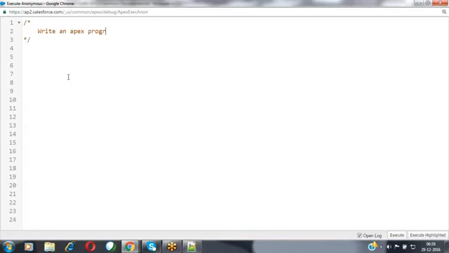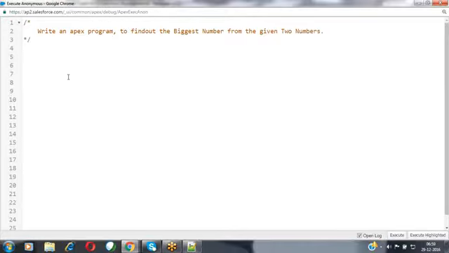Write an Apex program to find out the biggest number from the given two numbers. From the given two numbers, I would like to find out which one is the biggest one.